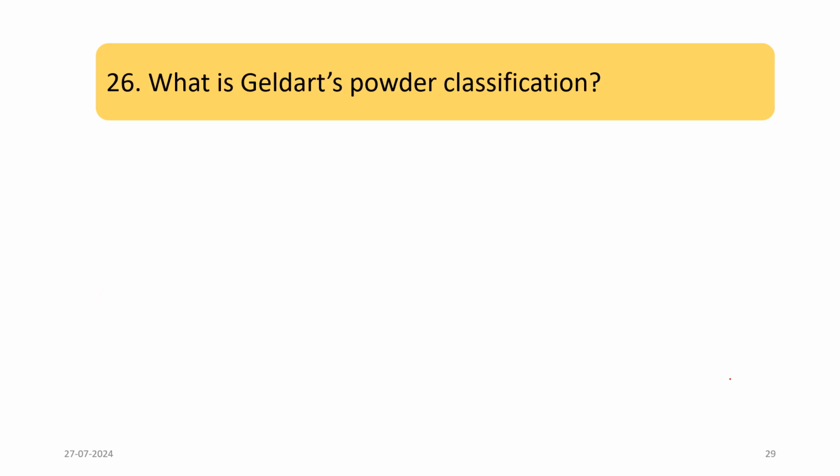Next, what is Geldart's powder classification? Geldart powder classification at the ambient conditions, catalytic reactions, combustion, gasification, drying. So there are different types of particles. The first one is group A, right? Yes. So group A